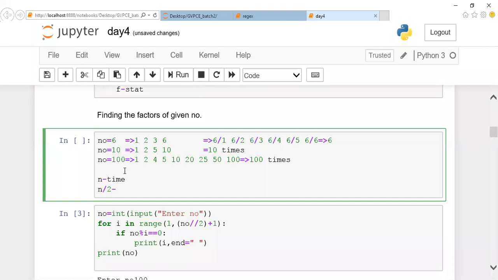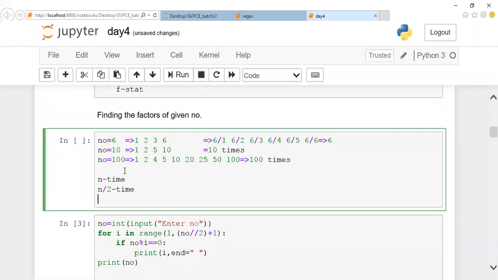Okay, now I'll give you one very small task. I'm not going to give you a big task, a very small task. I want this particular operation to be further optimized. Even this is not the optimized one. I want this to be further optimized. Let me know how to optimize it by the afternoon session. Clear with the question, guys? This program has to be further optimized.